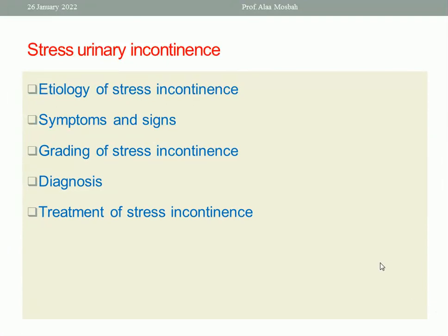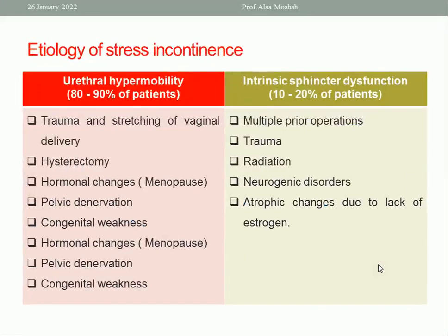Let us explain more of these types of incontinence. As regards the stress incontinence, what is the etiology? Two main factors. Urethral hypermobility constitutes the majority, 80 to 90% of patients, or intrinsic sphincter dysfunction constitutes 10 to 20%. As regards urethral hypermobility, it may follow trauma or stretching following repeated vaginal delivery, or due to